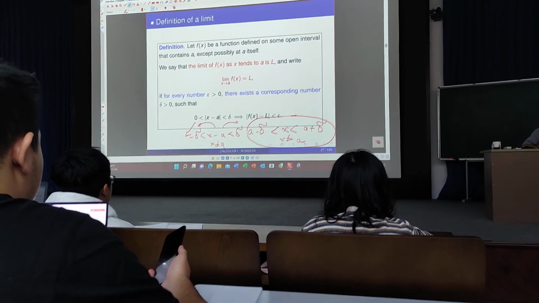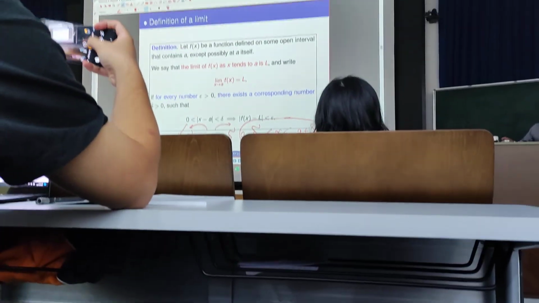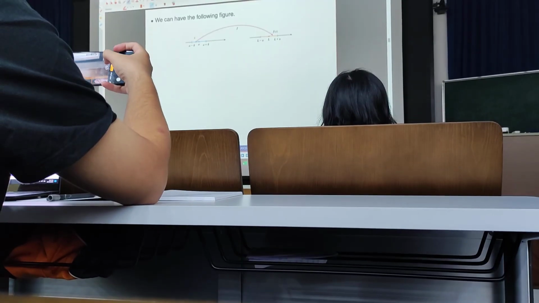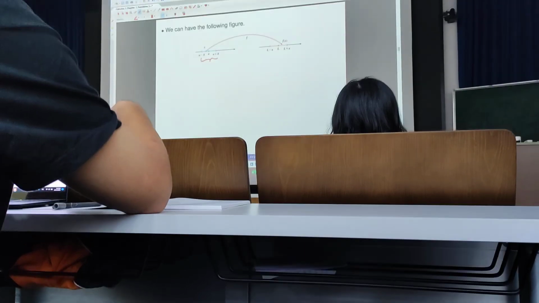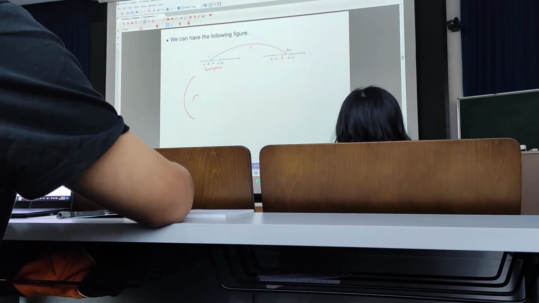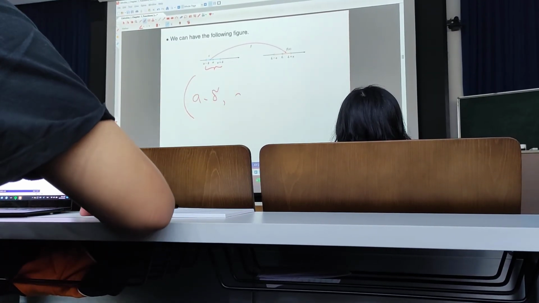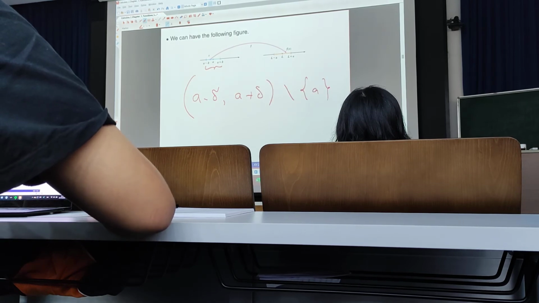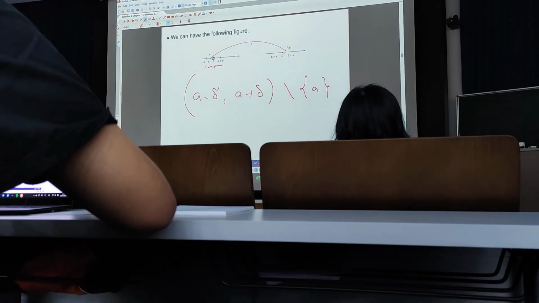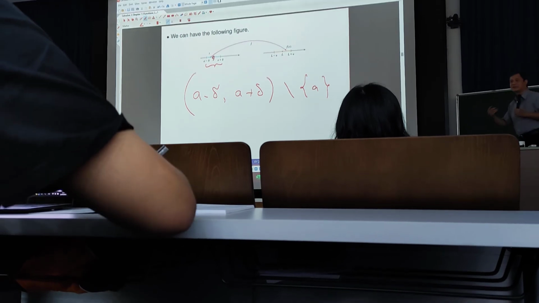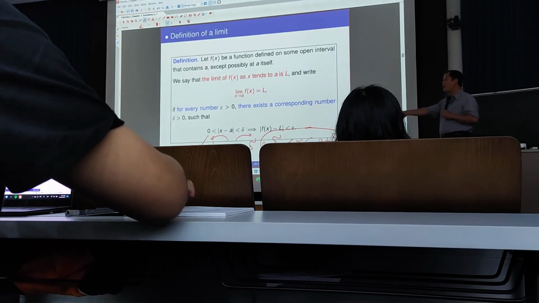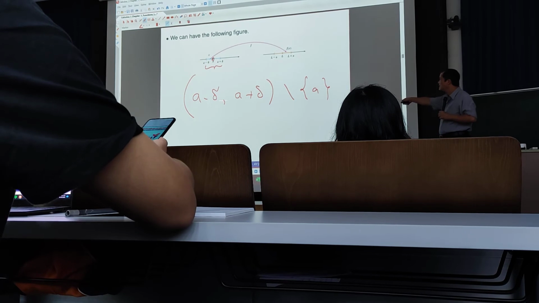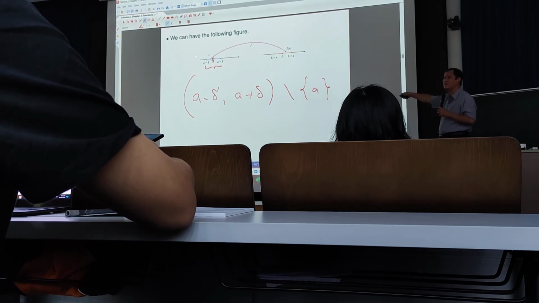What does it mean? It means the interval (a minus delta, a plus delta) with the point a removed. Không có điểm này. For all x in this interval except a,